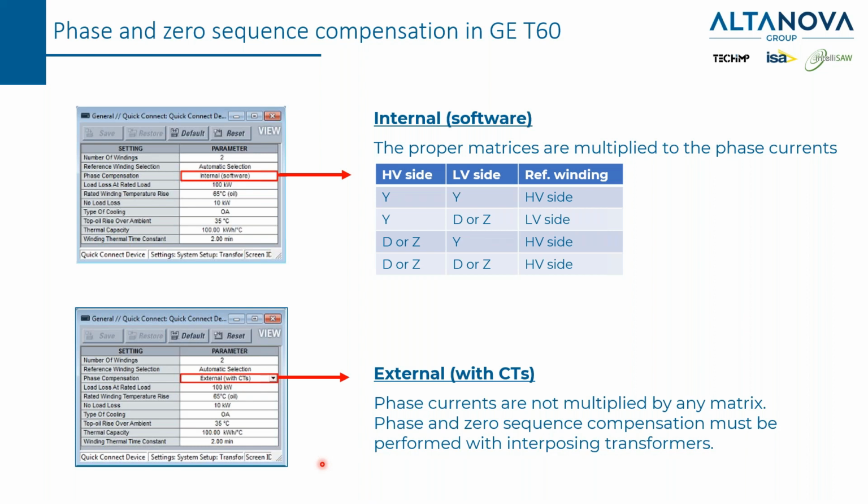A reason to have an interposing transformer can be the following. The plant is quite old, so you want to replace an old differential protection, an electromechanical differential protection, with a new one. But you don't want to modify the wirings and all the current transformers in the plant. So you don't want to touch anything else than the relay. Since all the electromechanical relays were not able to make this kind of calculation, all this compensation had to be done with CTs, external CTs.